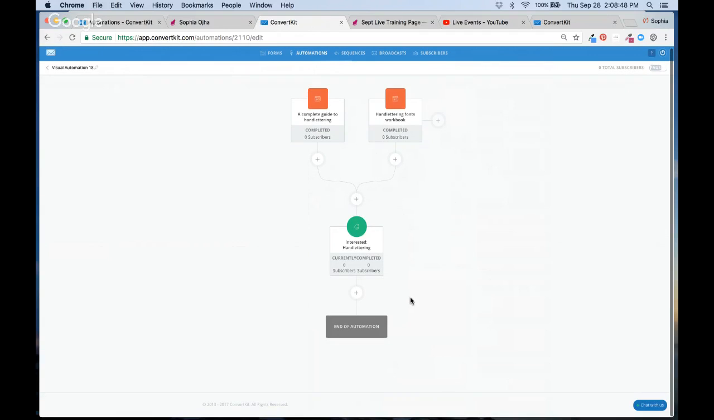Now, let's say you don't want to immediately bombard them with a sales sequence. You want to build some rapport, right? You want to offer some useful content, even more useful content, before you pitch them a product. So the next thing you would do is offer a